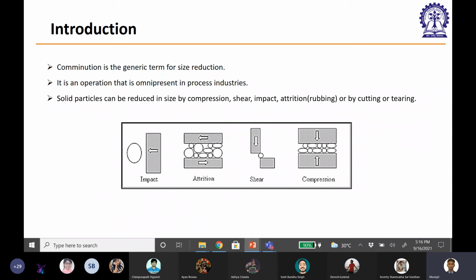Now take a single particle and apply a force which looks something like this on that particle. Single particle, instead of all these particles, you have only a single particle. Now will you say that it's attrition or shear? Suppose you have this row, or this block moving upward. One is moving downward and one is moving upward. You have only a single